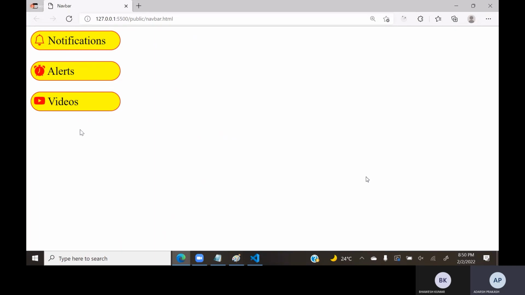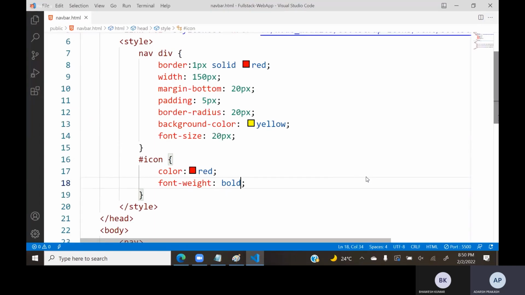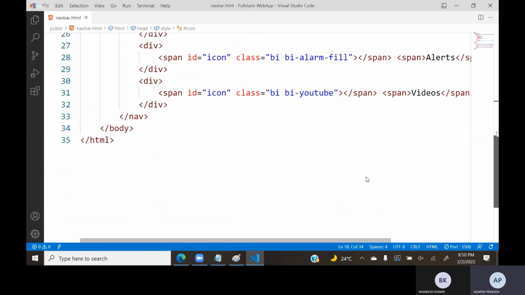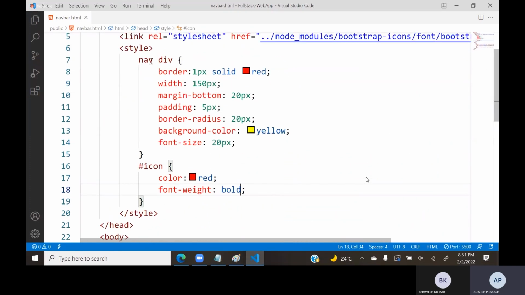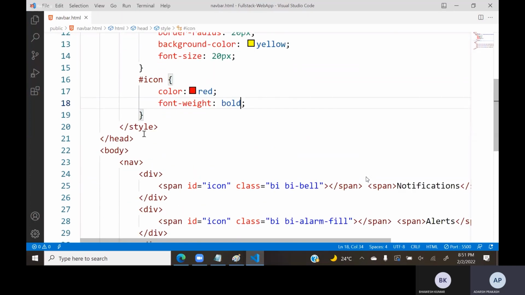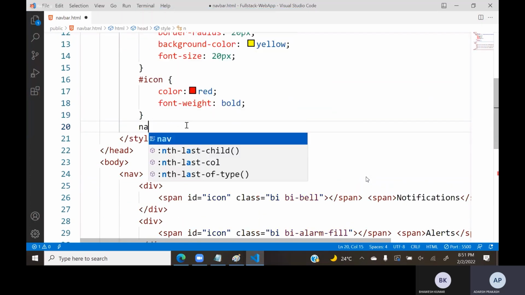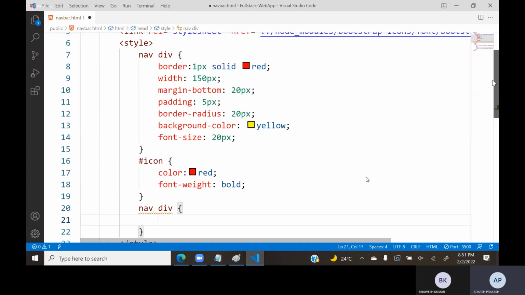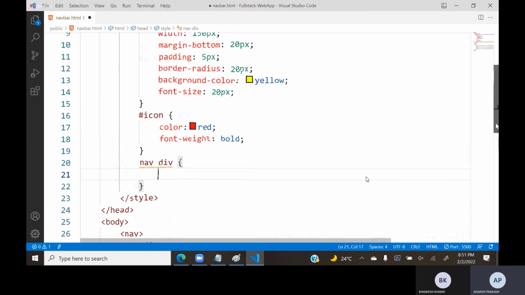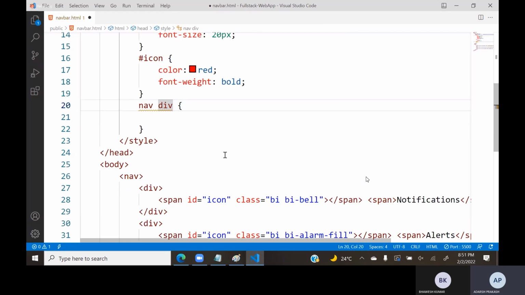Now here is one trick I will tell you. This is like a navigation bar with icons and all this. Generally we have one more option here. Observe carefully. People have a habit of giving only an effect like this. Observe carefully. The navigation bar divs, I am writing like this. Navigation bar div. For that, the background color is yellow. But see here, I am applying